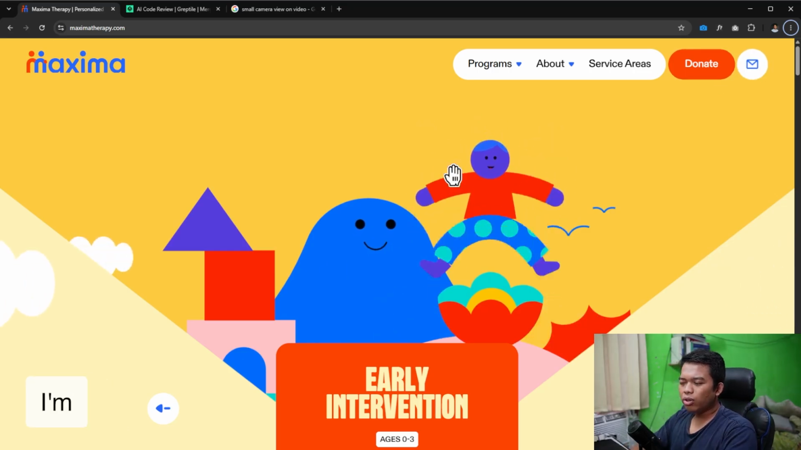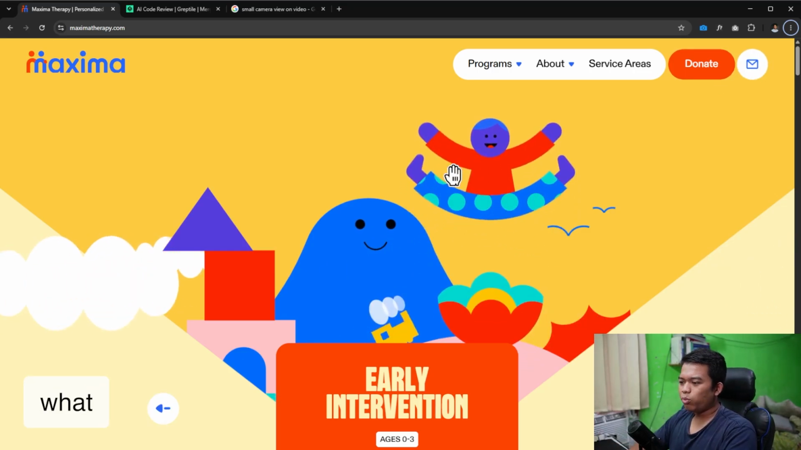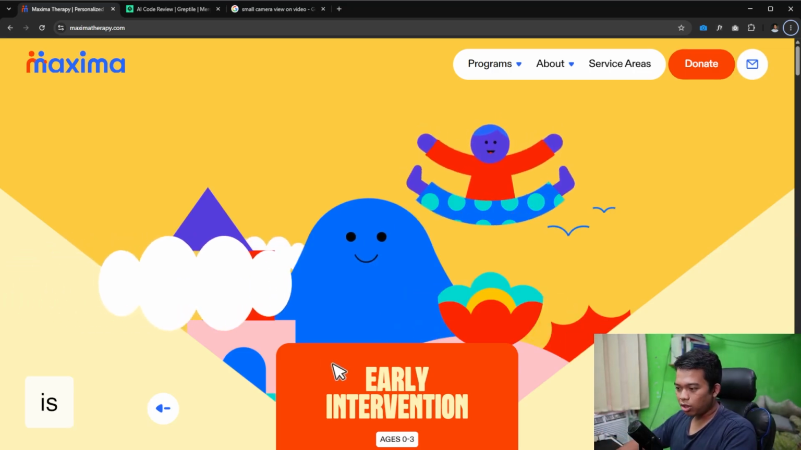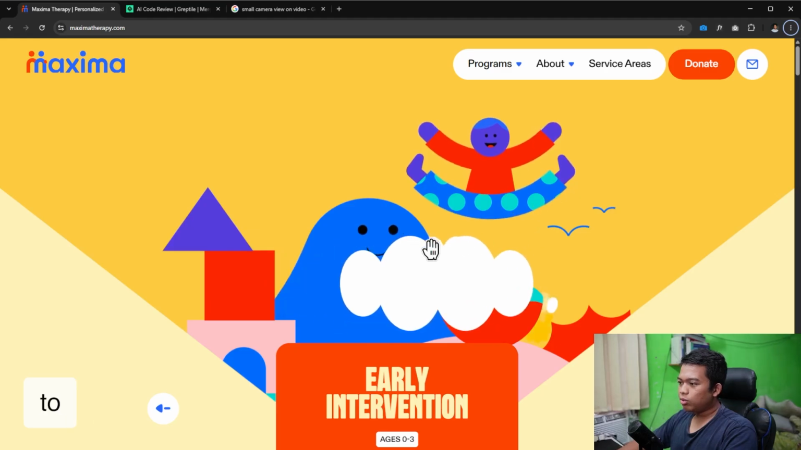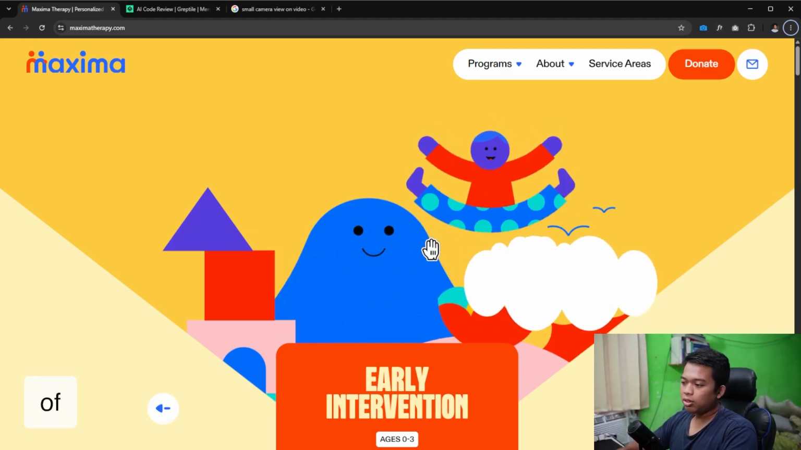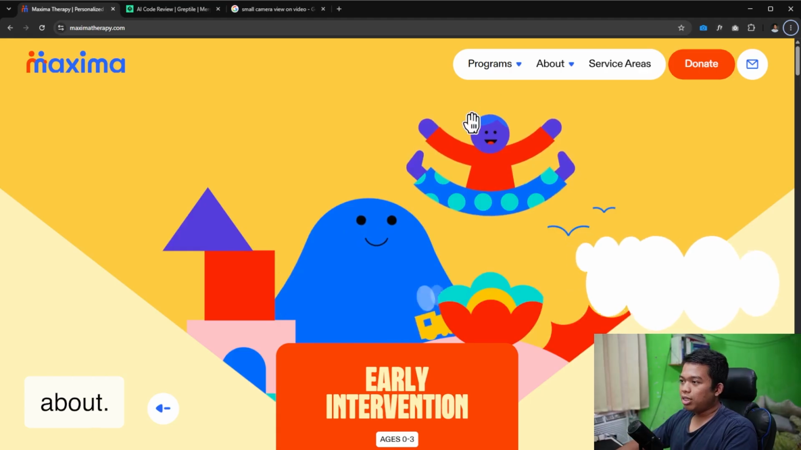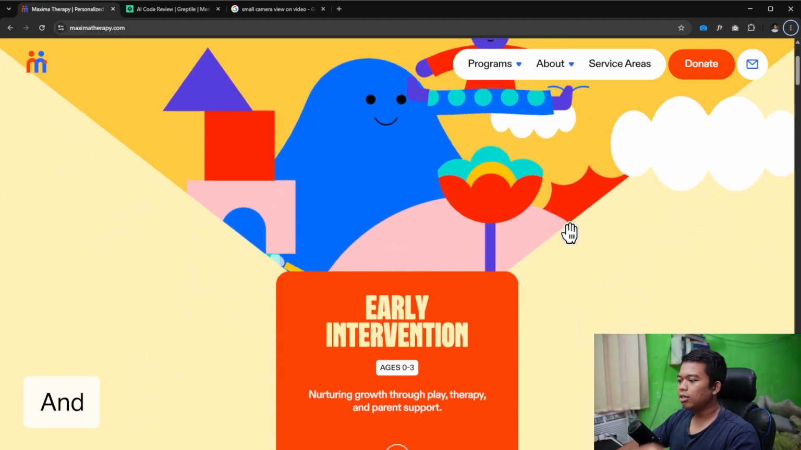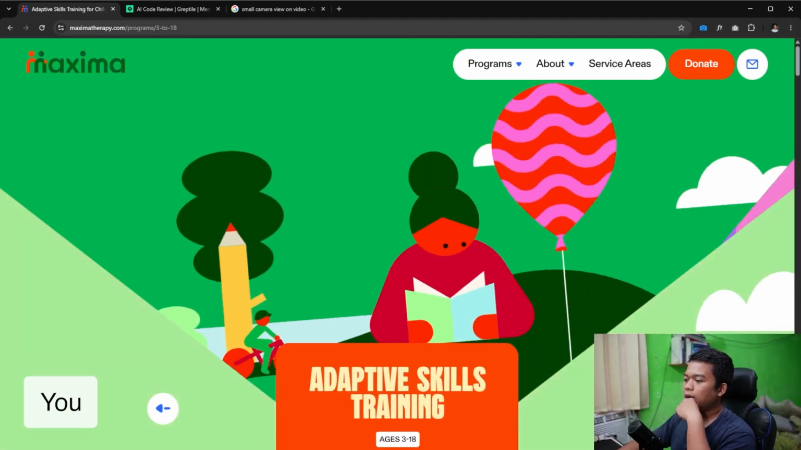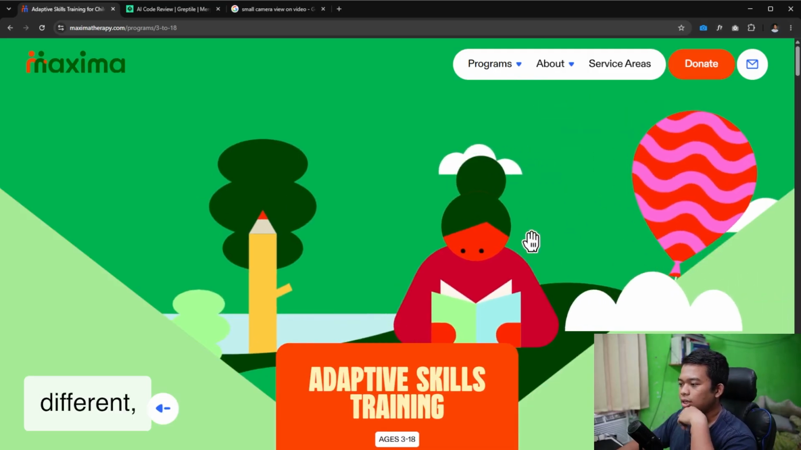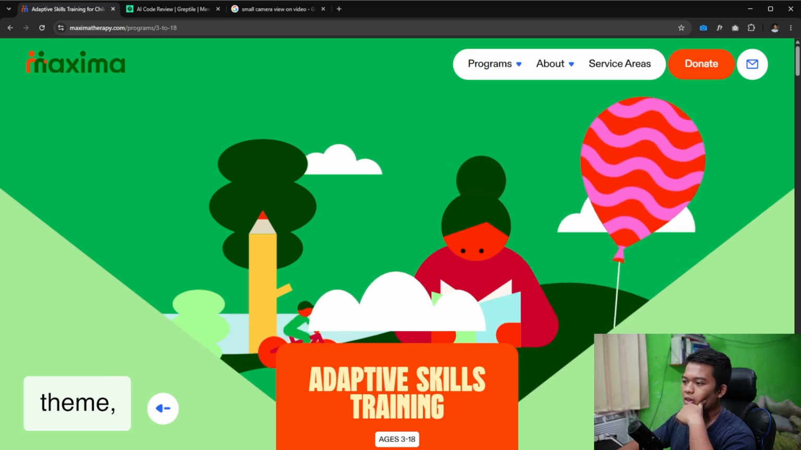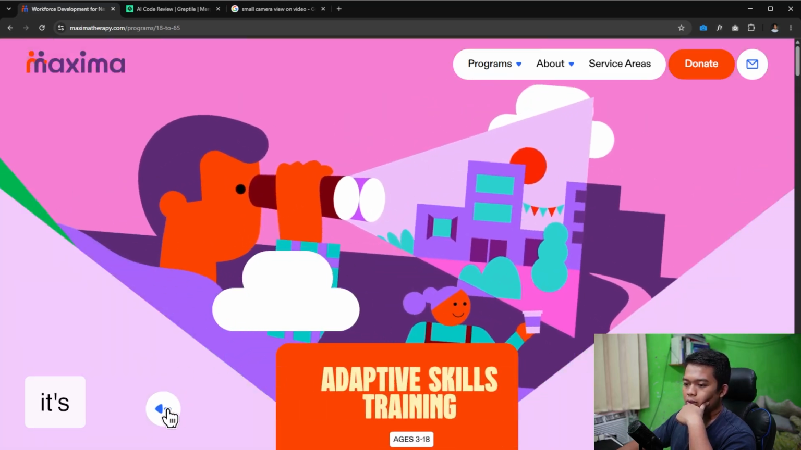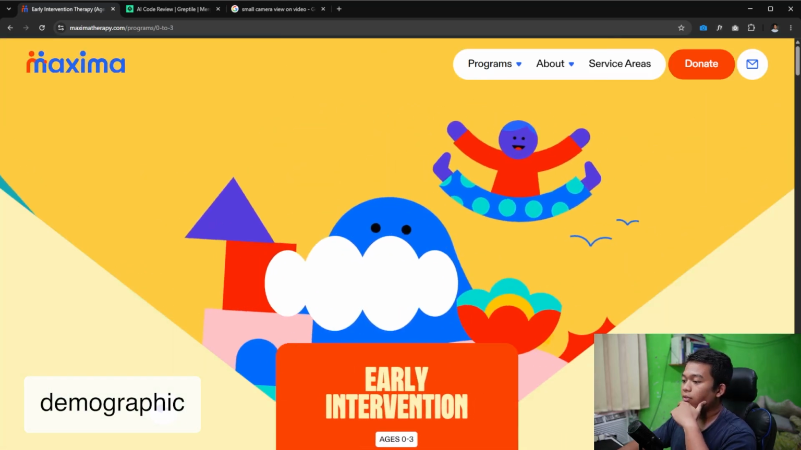And at first look, I'm still not very convinced about what type of site this is because the copy is very minimal. It doesn't give the value proposition of what this website is about. And clicking the arrow, you move into a different kind of theme, I guess. So it's perhaps for multiple demographic